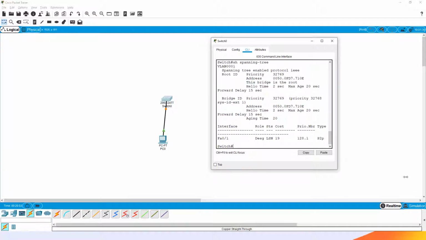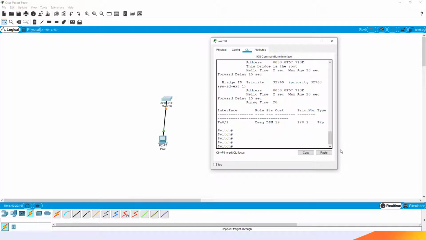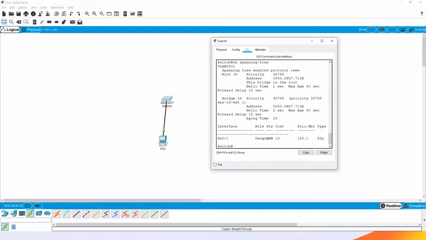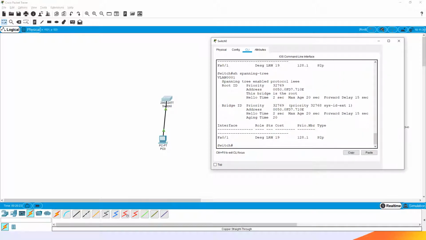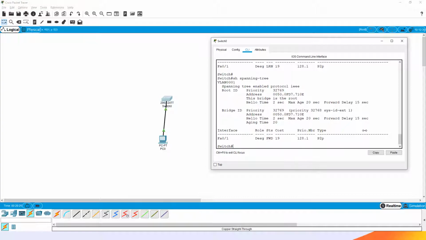you see, first of all, whenever you connect a new port or any change happens in the topology, the port goes into the listening state. From listening, it goes to the learning stage. And from learning, it goes to the forwarding stage. So there are three stages of the port. When there is any change in the topology, we start receiving the BPDU, and we can see that the port goes into the listening, learning, and forwarding stage. Now you can see it is green.